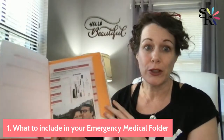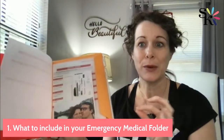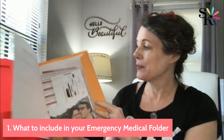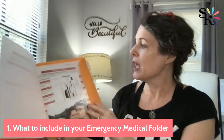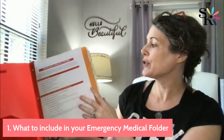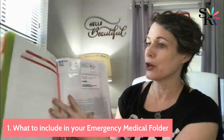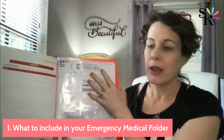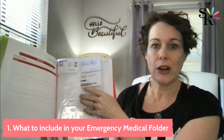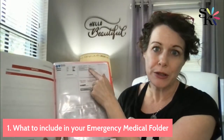It's also helpful for first responders. Then they know what you're taking. So they won't accidentally give you something that would counteract what you're already taking. So prescriptions, I like to use those prescription sheets. I like to also add business cards for doctors and specialists and important people of note, and a copy of insurance card. So I add one of these business card sheets, and I just put the health insurance cards that I have,